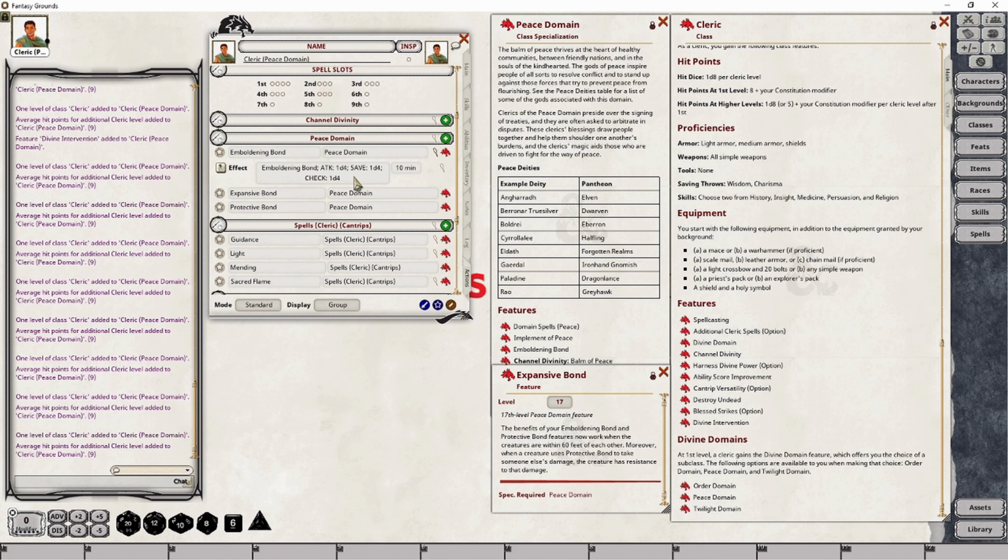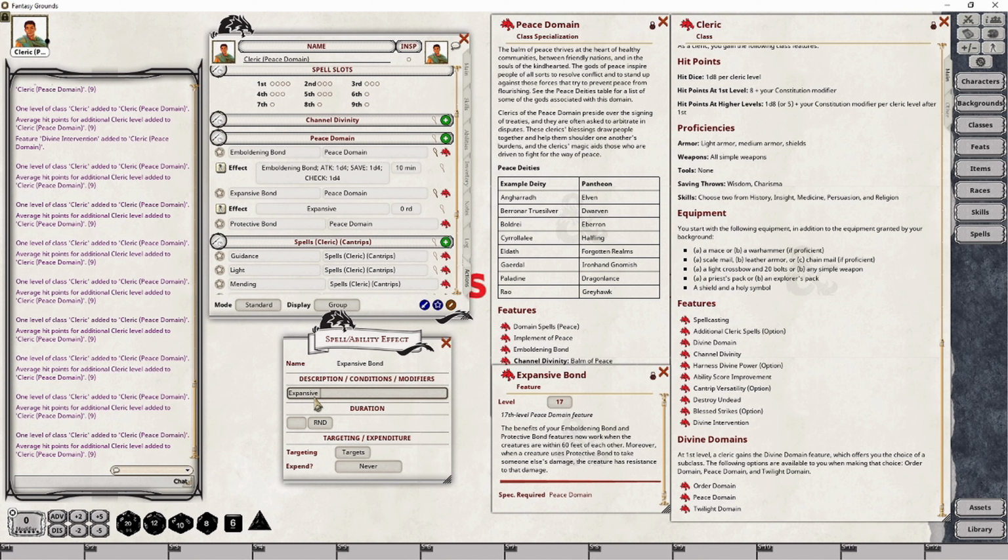And then add a new effect to it. So we want Expansive Bond, and we want this to have an effect. We want to modify this to do Expansive Bond as the name, semicolon,